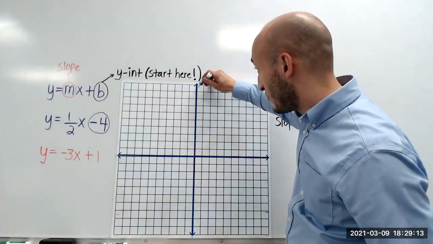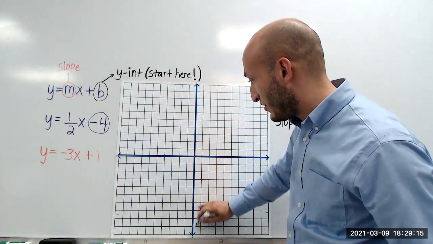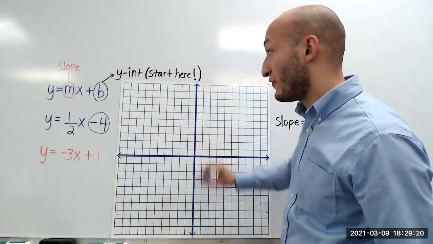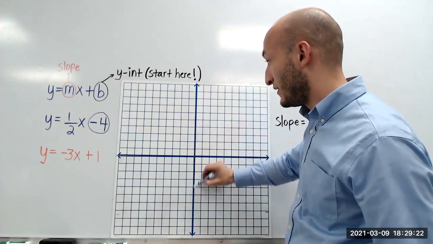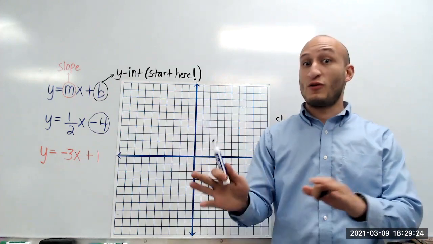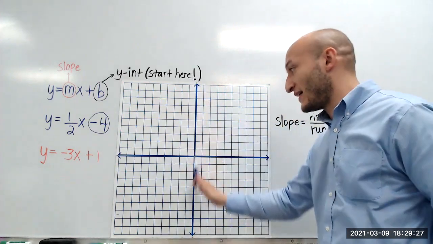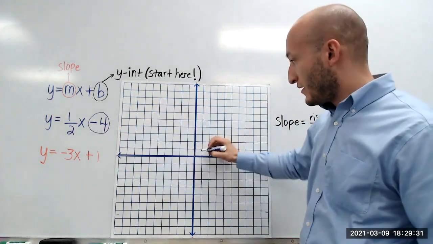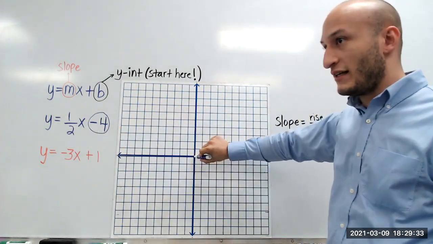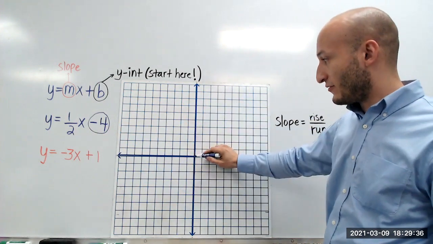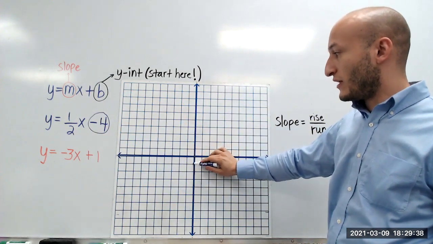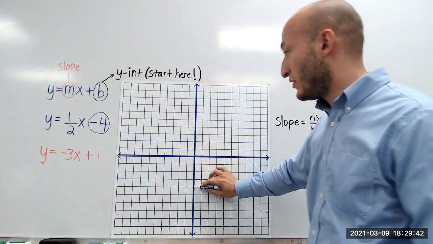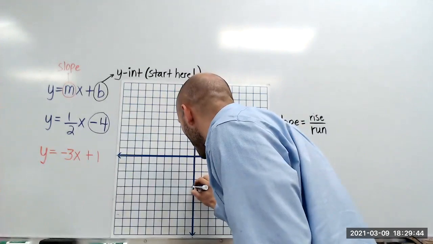This is your y-axis, so it's going to be on this line. Your first point will always be on this line, on your y-axis. If I have a -4, we know that this is 0, right where they meet. This would be -1, -2, -3, -4. So I have a -4 there, so I'm going to put